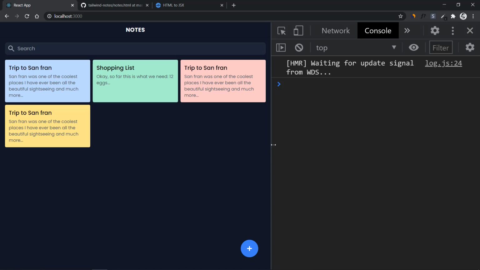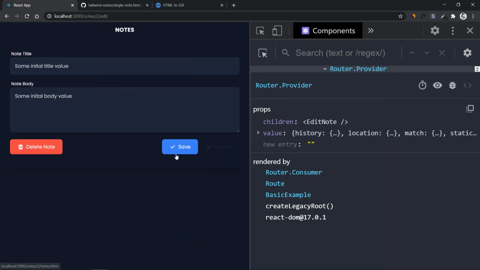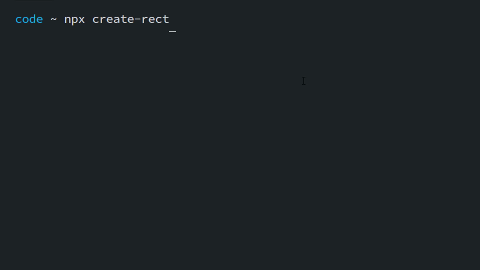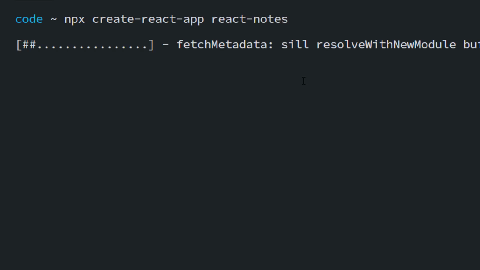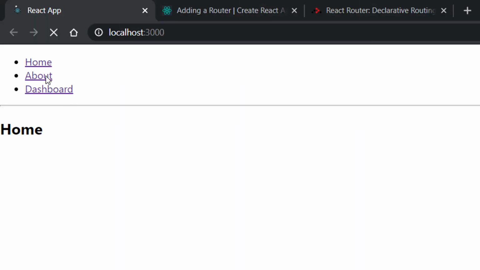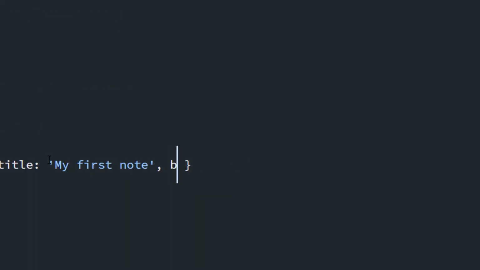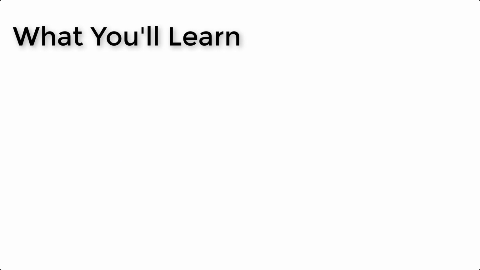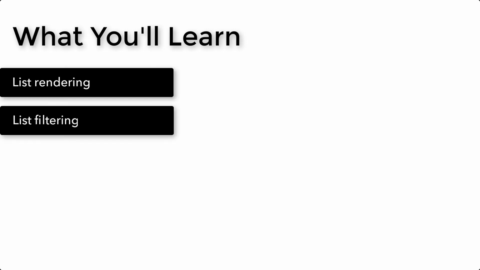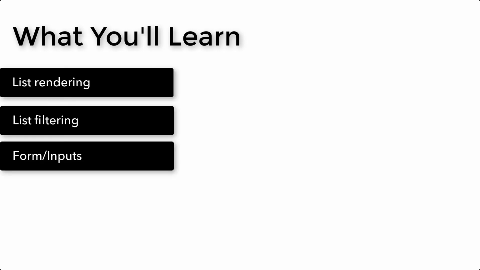In this video, I'm going to show you how to build this fun and minimal notes application using the React JavaScript framework. I'm going to take you step by step, starting from generating the project using Create React App, to adding a router to support multiple screens for your app, to writing all the logic required to build this application. You're going to learn how to render lists, filter those lists, how to create forms, how to handle events, and